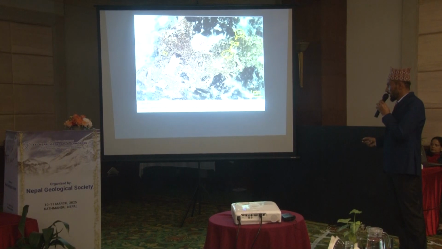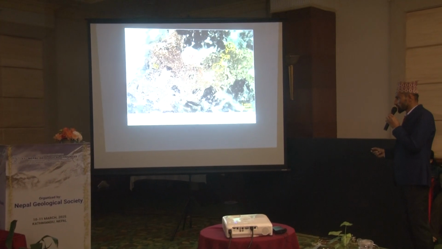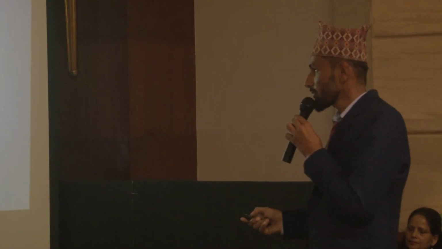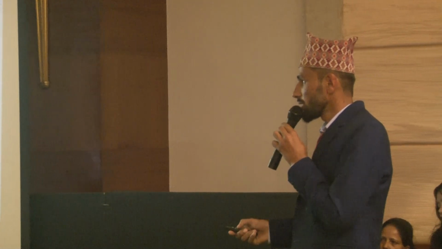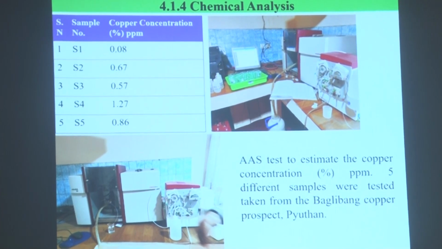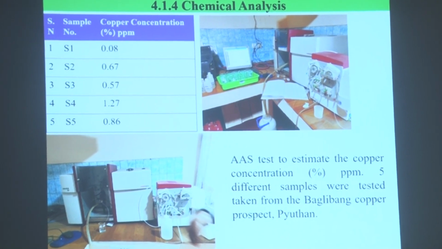You can see the yellow-colored chalcopyrite associated with pyrite. Quartz is present as the gangue mineral observed in the Baglivan copper prospect. This is also the same polished section photographs, and this is a very highly concentrated copper deposit, with highly disseminated chalcopyrite in the high concentration zone inside the adit. This also is the same polished section, which consists of covellite and bornite minerals.